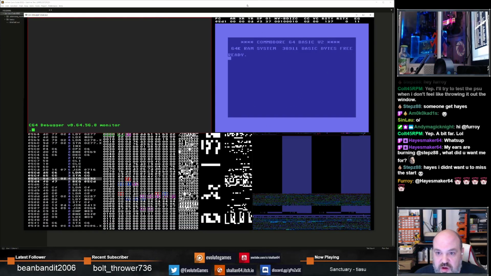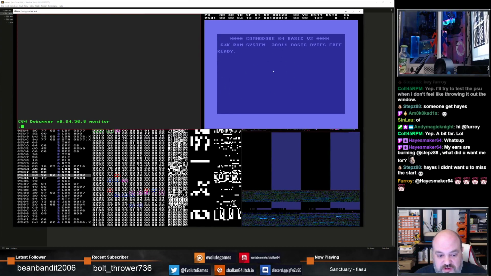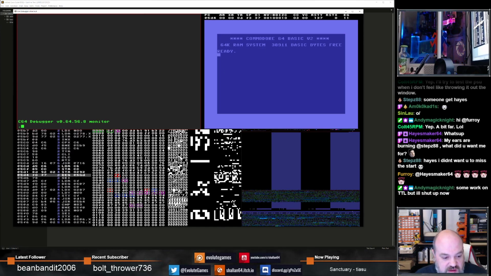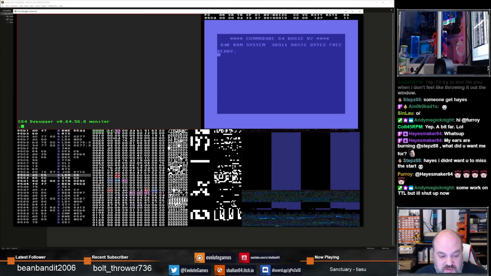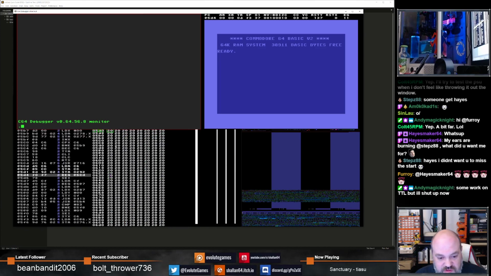So this is the Commodore for those not familiar, and this is the start screen. And right now this is running assembly language, and this is the assembly language that it's running here in this window. Doesn't matter what it means at the moment, we'll get to that at some point. This window here is the memory. So on the Commodore we've got 64K of memory, that's 65,536